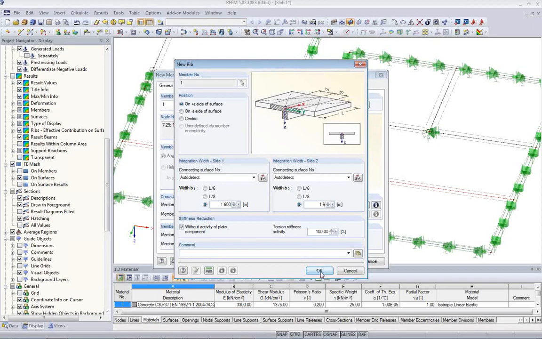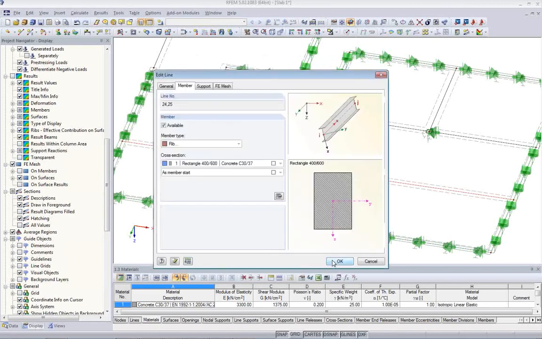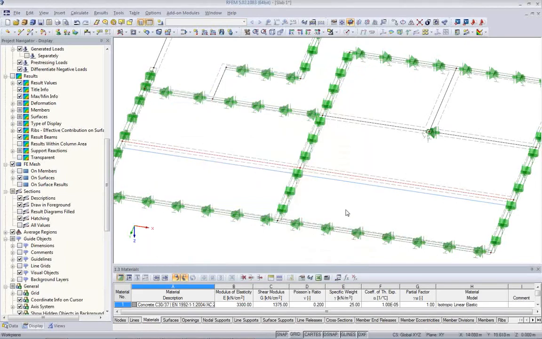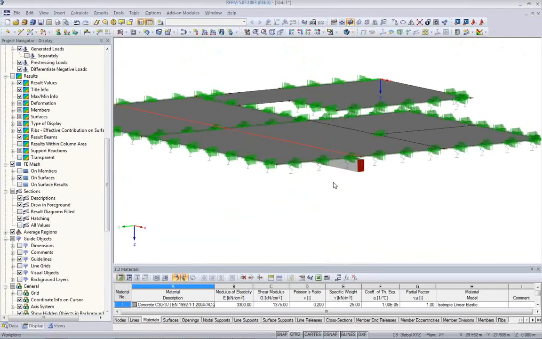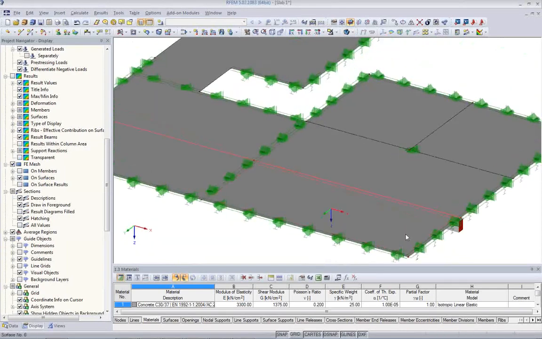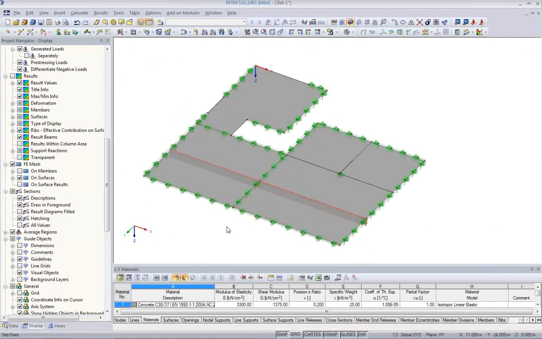I'll leave it here at 100%, but I just wanted to let you know that you have this option. By clicking on OK, we'll see the eccentric beam here below the surface. Okay. This is the model,